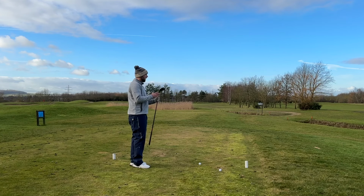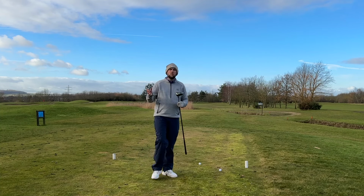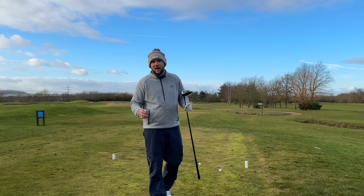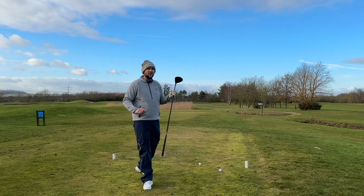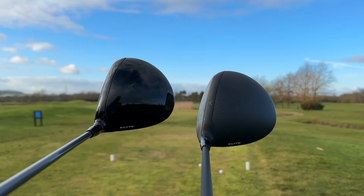And you'll know today, I'm not just testing this club, we have mid-handicap Dave, who's probably trying to make a little bit of noise in the background by messing with other drivers we have out here to test just for you. Two different looking drivers, and if I was looking at these drivers maybe a year ago, I would say